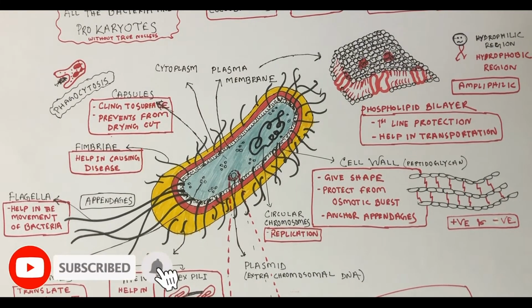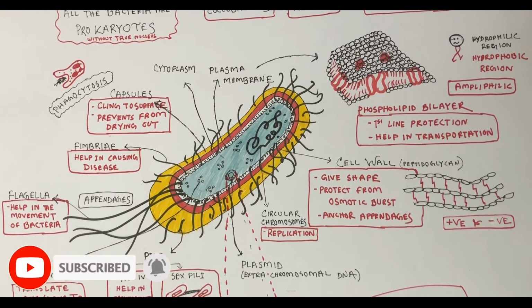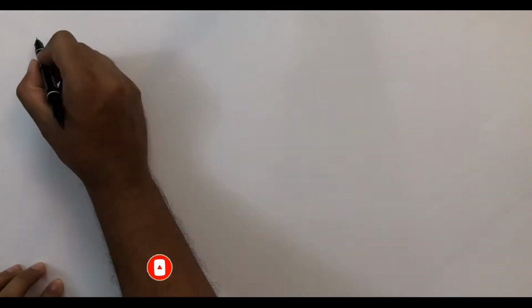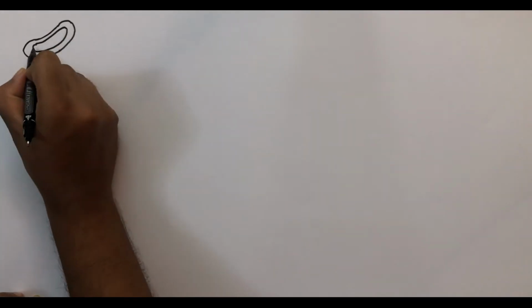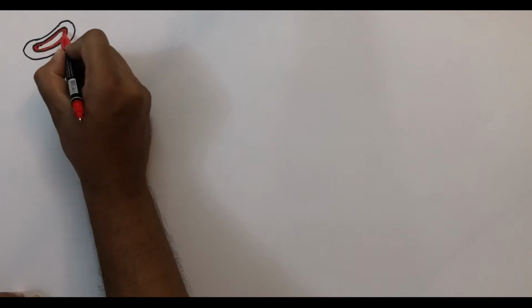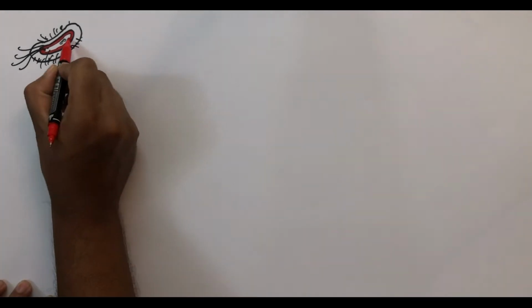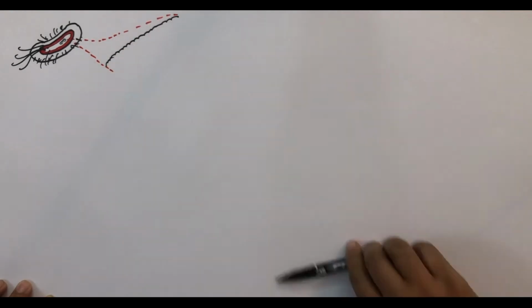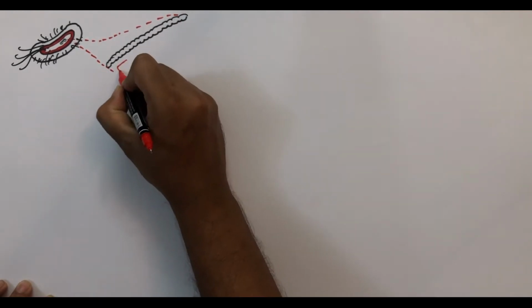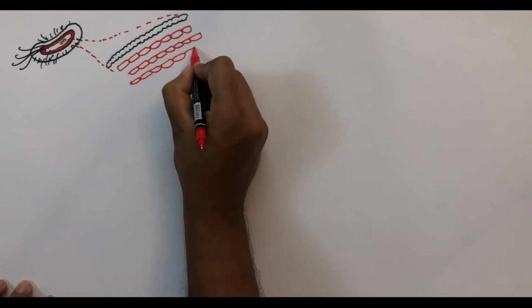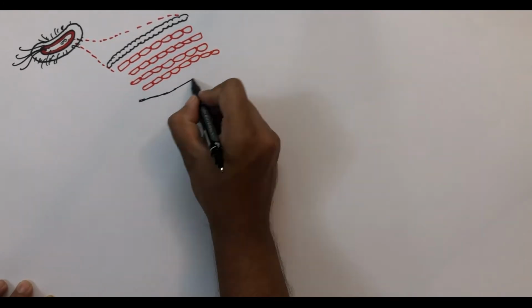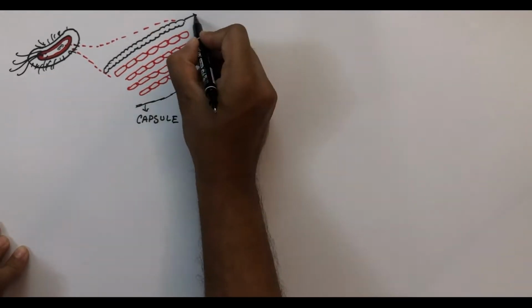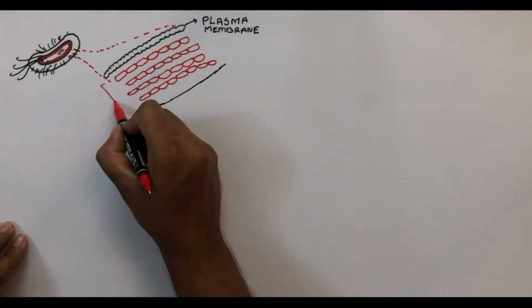In the previous video, I had shown you the organelles and the structure of a bacteria. All of the bacteria has a layer in between the plasma membrane and the capsule, that is cell wall. Cell wall is one of the most important parts of a bacteria, and that's why it is really a good target for antibiotics. In this video, I will discuss the structure, functions, and formation of bacterial cell wall in detail.